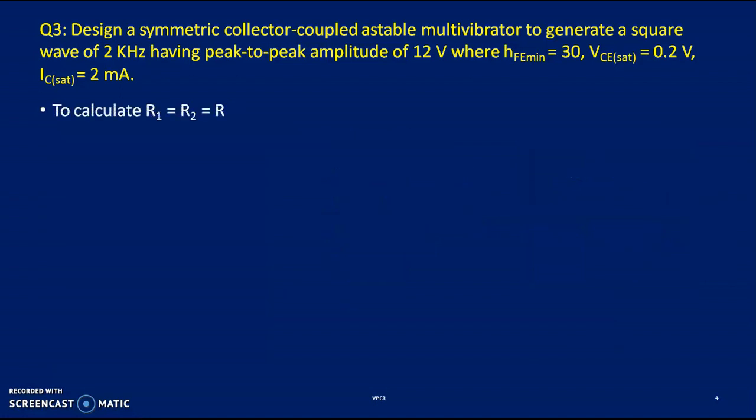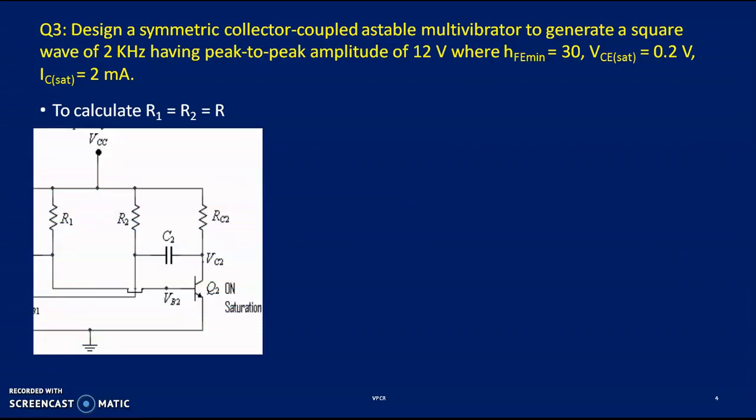So now let us calculate R1 equal to R2 equal to R. For this I am again considering the same circuit, the Q2 side, but now I am considering another KVL, from VCC through R1 and through the base, reaching ground. So this is the KVL: VCC equal to the voltage across R1, IB sat R1. Why are we considering IB sat this time? Because whatever current flows through this loop enters into the base. The current flowing through R1 is nothing but the current flowing into the base of Q2.